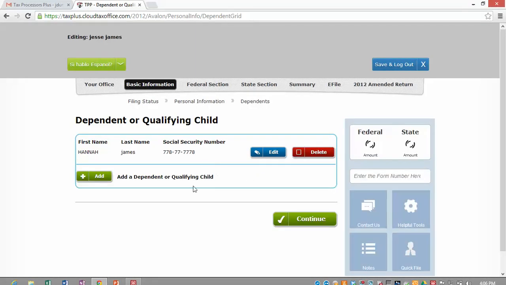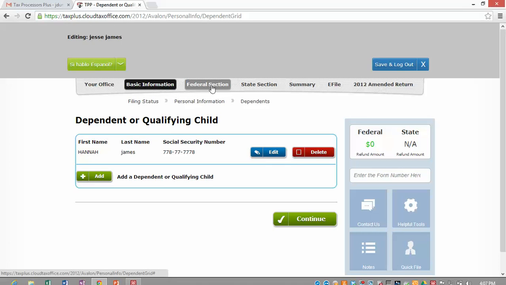And that was acceptable. If we needed to add in an additional dependent, you go ahead and click add here. You need to edit the existing dependent or delete it, you're going to go ahead and do that there. And that's true for everything as far as the flow of adding additional forms when you're in them. This is the same way it acts with the 1099s, the W-2s, all of that information. It acts the same way. When I click continue here, we've completed this basic information section, so it's going to take me to the federal